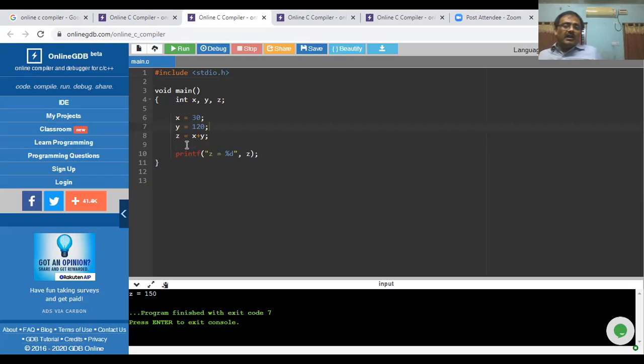Then we have to go to the alternative method of inputting values. That is what we are going to call dynamic assignment of variables.